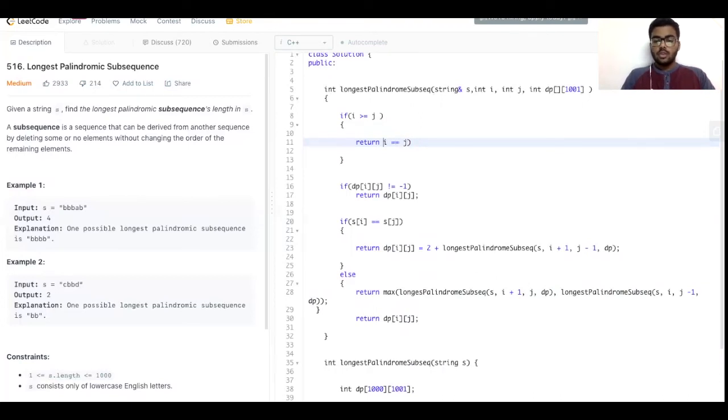If it is equal, we'll be returning 1, because if it's an empty string, we can consider it as a string. So we'll be returning 1, otherwise we'll be returning 0.